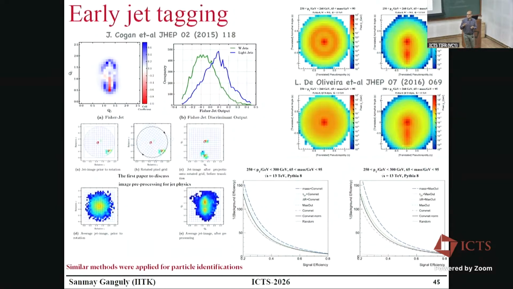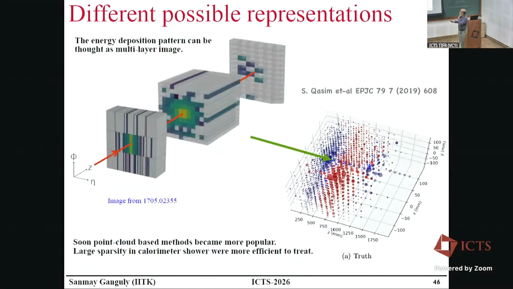This sort of started in 2014 when the jet image papers came up, and people started comparing: my jet substructure algorithms give me some performance of identifying the truth origin of a jet. How about I feed all the information into a neural network and try to see how well it can do? So this was the first time Peter Baldi, I think Michael Kagan, etc., tried to do this. And it was found that it works pretty well.